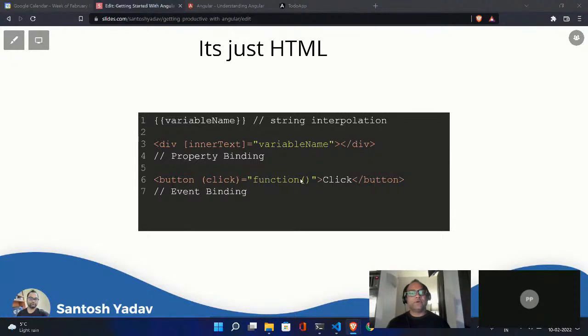So yeah, while working with Angular, you have to understand three things properly. And once you are able to do this, it will be easy to understand. So now this is your templating engine. So you have to understand three things: interpolation, property binding, and event binding to bind the data.